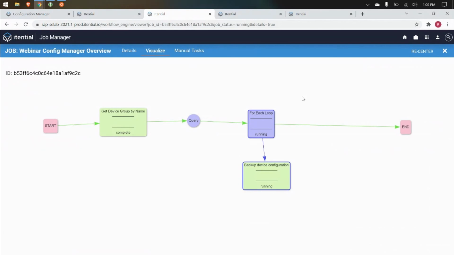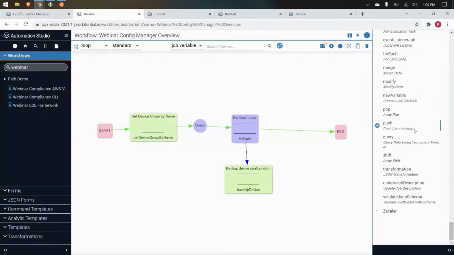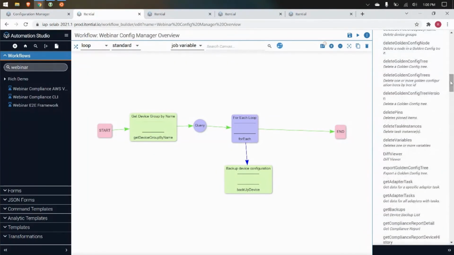But the important piece of this here is, again, we don't want it to stop just here. Now this goes beyond the initial question of how do you schedule a backup. Now I can schedule this to run across multiple devices. And not only that, if I go back to my Automation Studio here, there are calls to add new